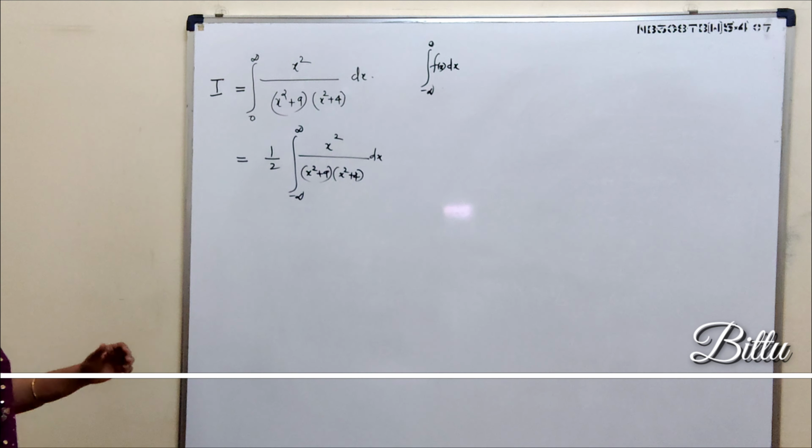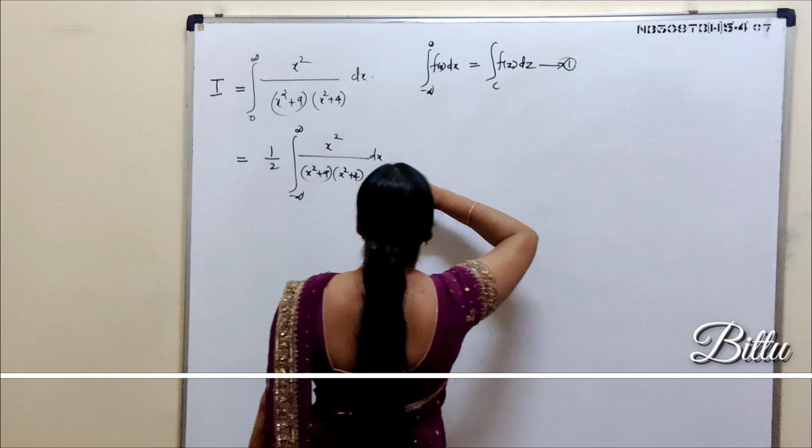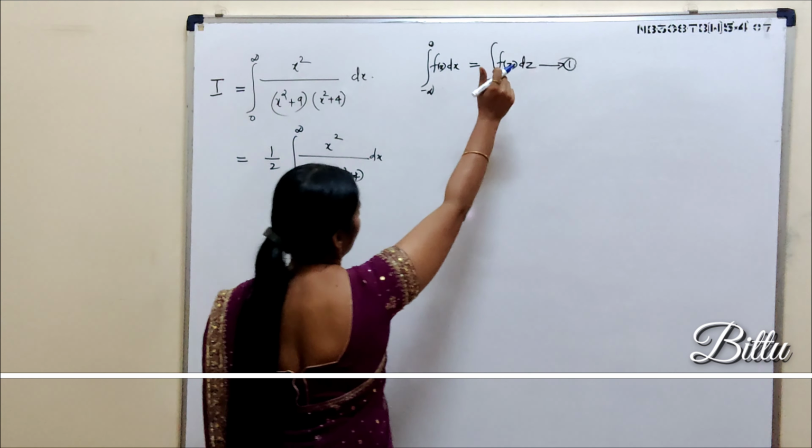So you just notice whether it is 0 to infinity or minus infinity to infinity. If it is not minus infinity to infinity, you have to convert it into minus infinity to infinity. Only then do we close the curve, and we have the result: integral from minus infinity to infinity of f(x) dx is the integral over C of f(z) dz. So instead of evaluating this, you have to evaluate this integral.